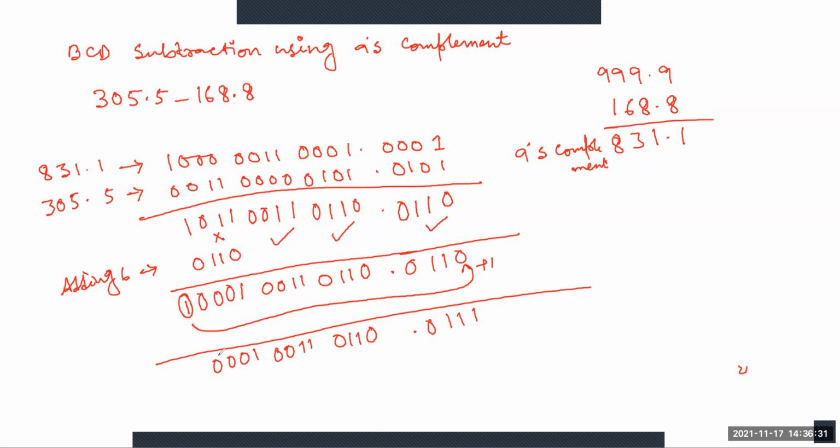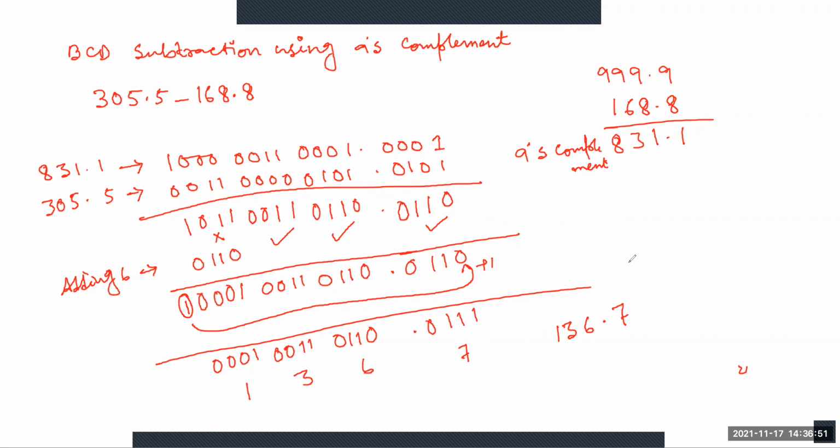Okay. So here this is 1, this is 3, this is 6 and this is 7. So the result is